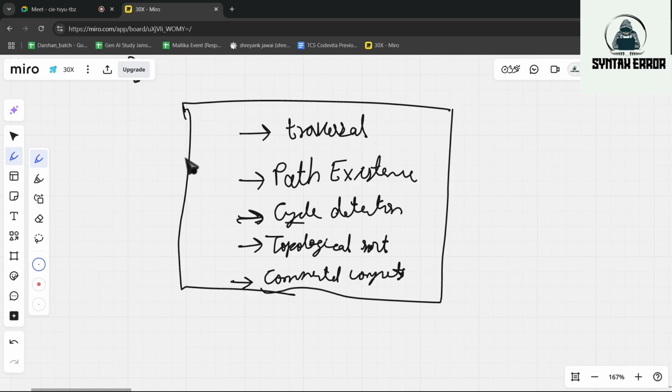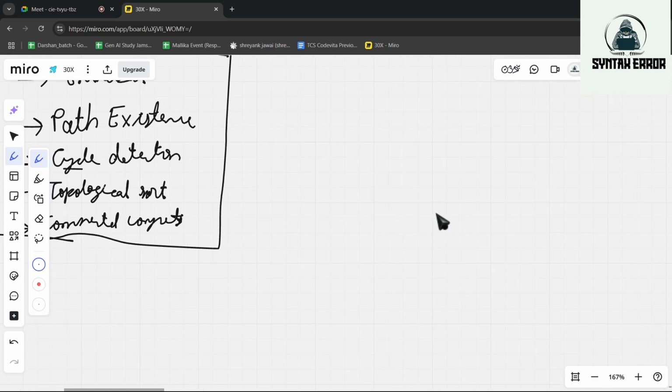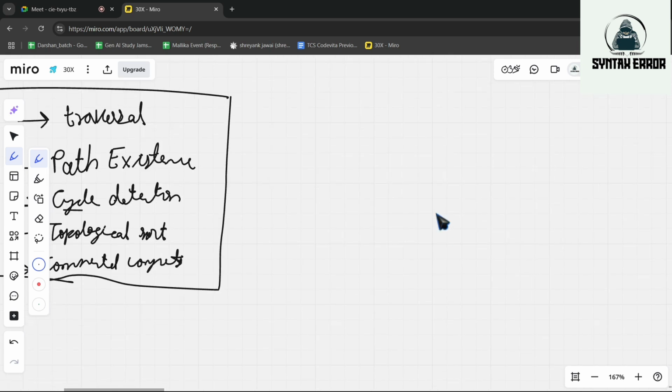Okay, and I would like to add one more table here. These are the topics which you must cover in graph. If, due to some reason or due to time constraints, we don't complete them in this session, I would recommend you to practice at least these questions in graph in this boot camp. So we will try to complete everything.